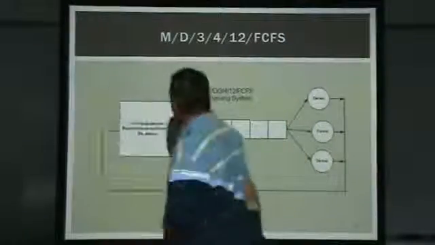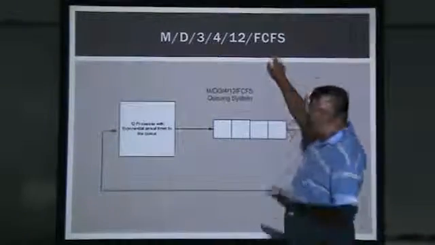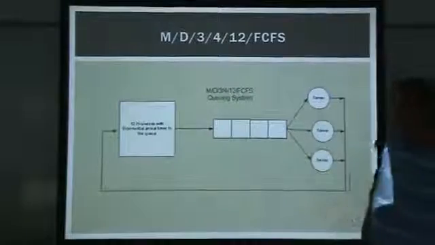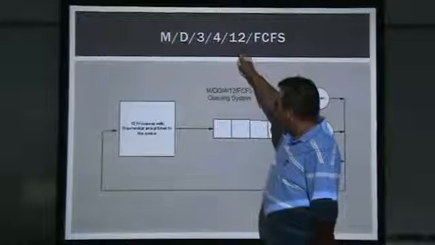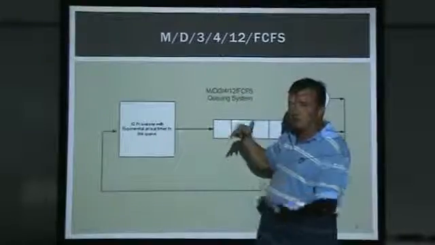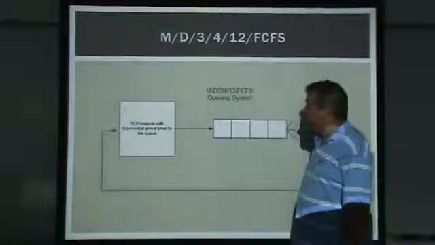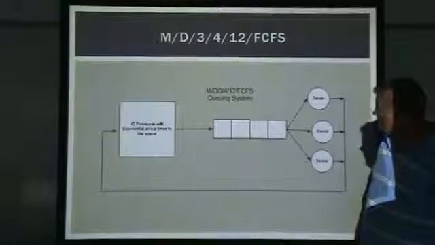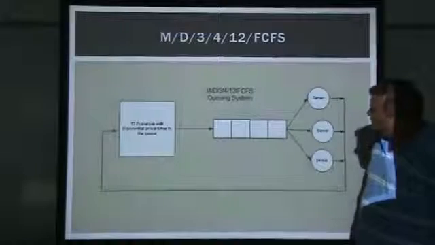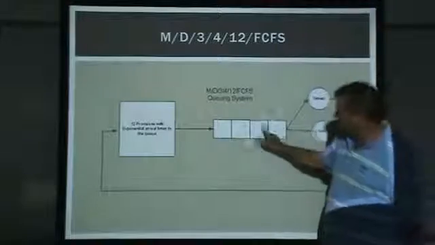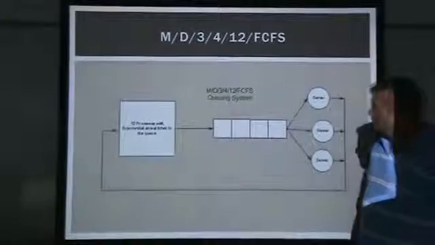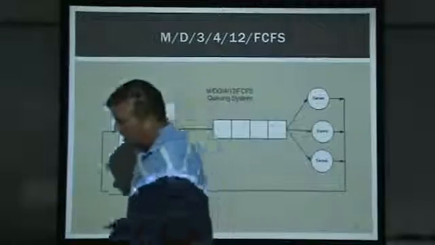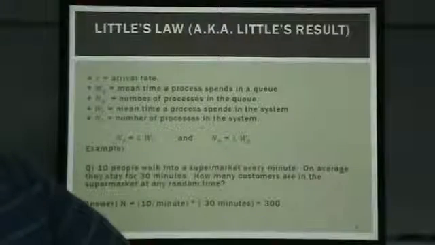And if you leave this out, it's assumed it's first come, first serve. It's kind of like the default. And if you leave any of the other ones out, the 12, if you left that out, it's assumed it's an open system. Anybody can come in from the outside, so it's not a fixed number. The fourth, if you leave out the number of seats, by default it's considered an infinite queue. So if we called a queuing system,